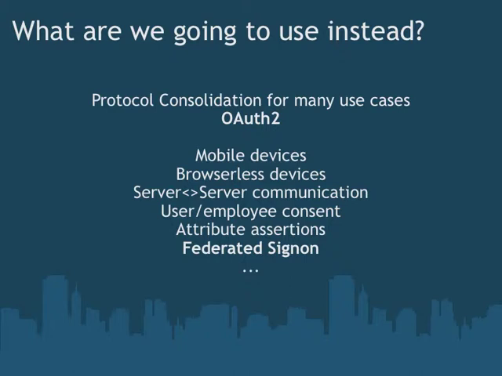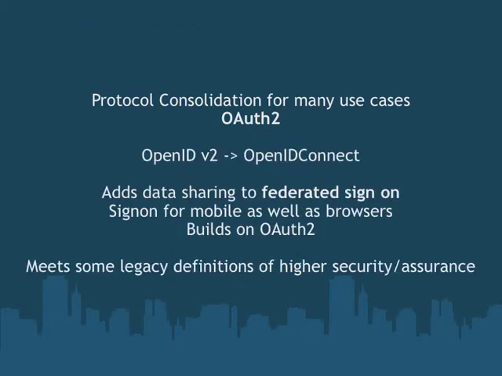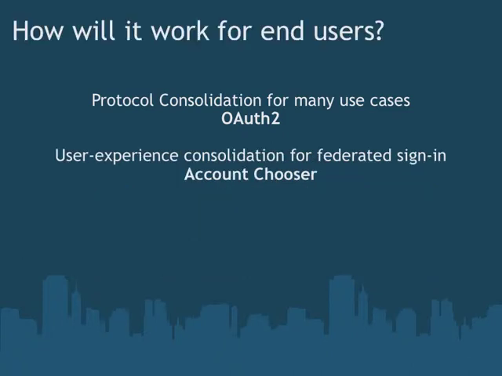Off the web, traditional on-premise systems and legacy protocols continue to be used, but on the internet, OAuth 2 is the lingua franca for internet identity, and it's supporting a number of new use cases, including federated sign-on without needing a password at every website. And if you're familiar with the term OpenID, that really focuses on login without needing multiple passwords or without reusing passwords. Well, now there's a version of OpenID called OpenID Connect that is built on top of OAuth 2, has some functional improvements, and makes a lot of people happy.